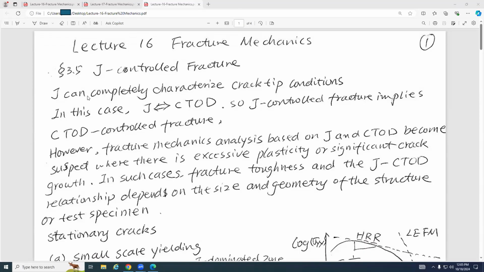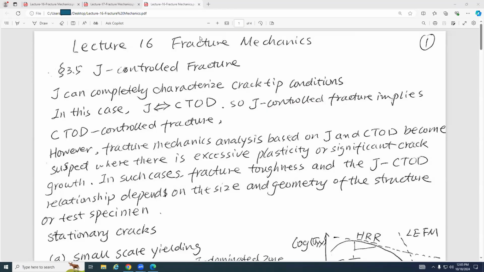J controls the fracture, and J can completely characterize crack tip conditions. In this case, the J is interchangeable with the CTOD. So that means J control of the fracture implies CTOD control of the fracture. So that means that we have elastoplastic deformation. However,